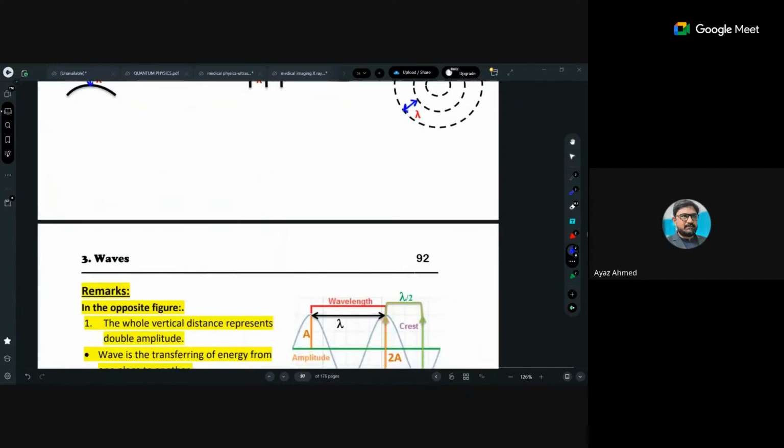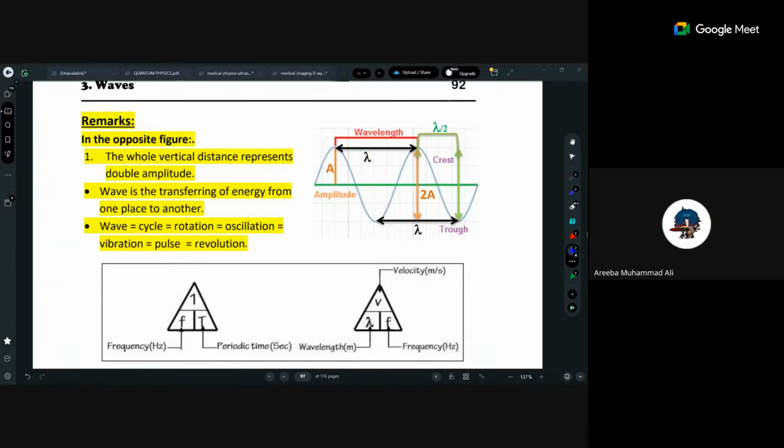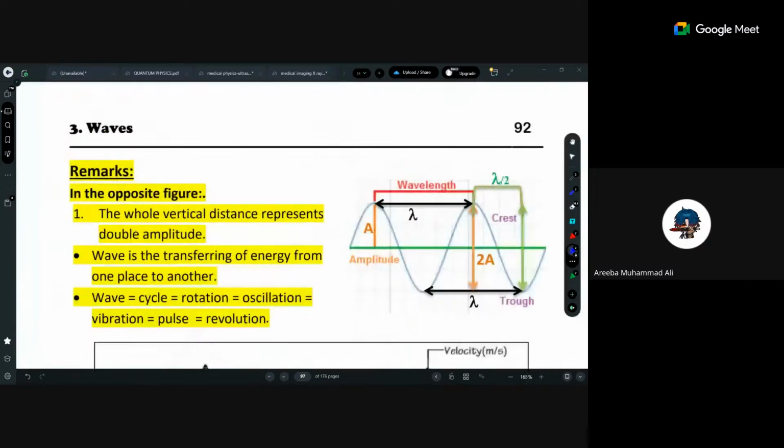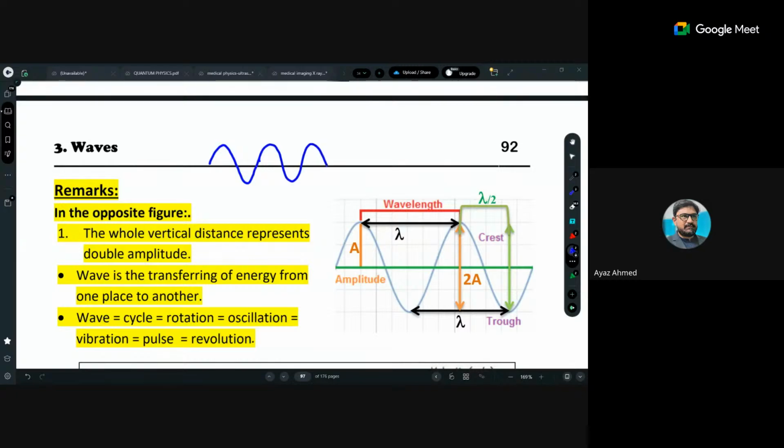Yes, Ariba, are you there? Sorry, sir, my mic wasn't opening. Could you re-explain what a wavefront means? Yeah, a wavefront means the line joining all identical points of a wave. For example, if I have different waves and I join the peaks of all the waves, then I will get a wavefront,